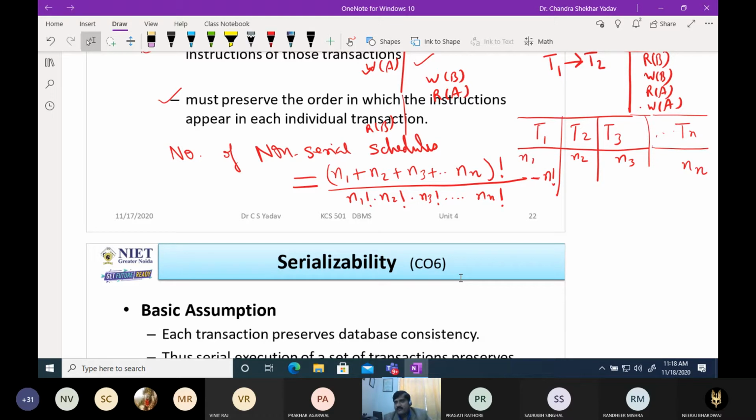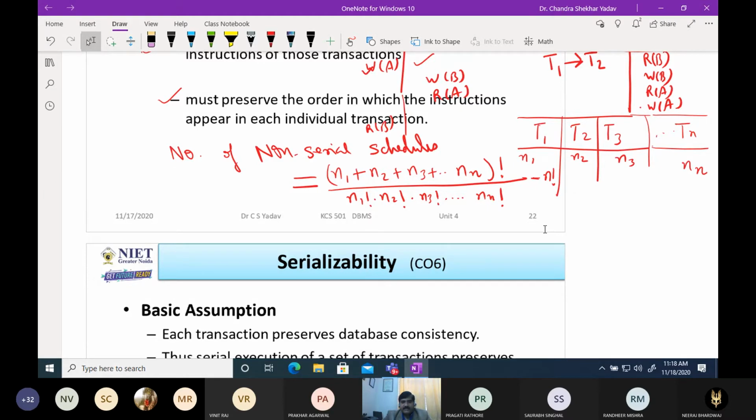Then we subtract factorial n from this expression, and in this way we get the number of non-serial schedules. So objective type questions related to this may be asked in the GATE examination and in the AKTU examination.